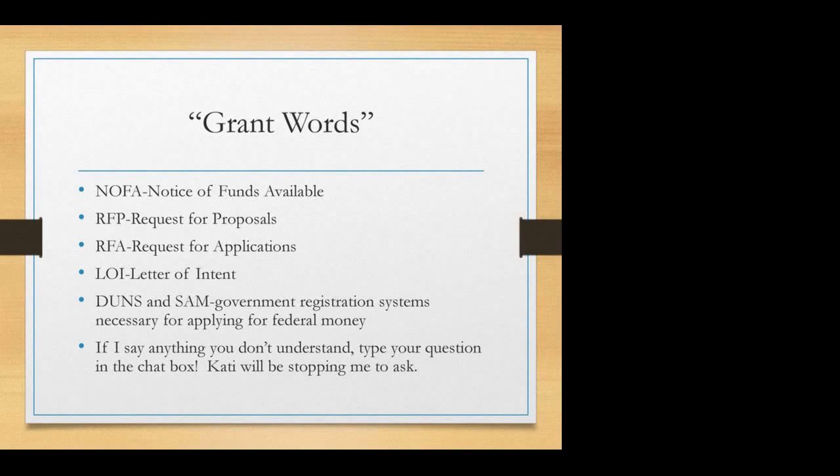The other thing is that it saves time and increases your chances of having a good and successful application, in my opinion. Now, you have to understand, this is my opinion, based on my experience writing grants, that I go through this. The first step is to know your goals. I know this sounds redundant, that your first step is to know your goals. You need to know your long-term and your short-term goals. So I'm talking 1 year and 5 years plus. Maybe your long-term is 3-year goals. It depends on what stage your farm business is at. And you need to know what it's going to take to get there.